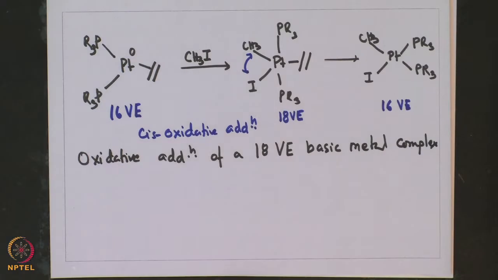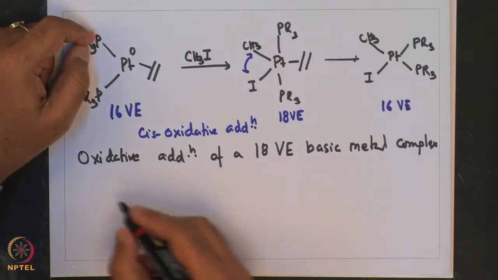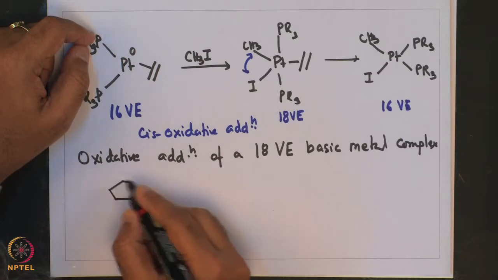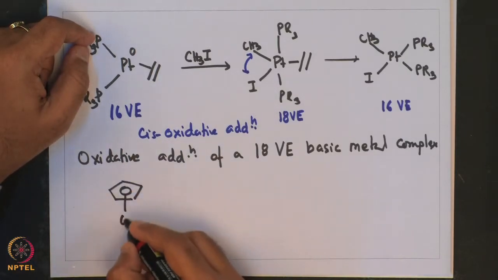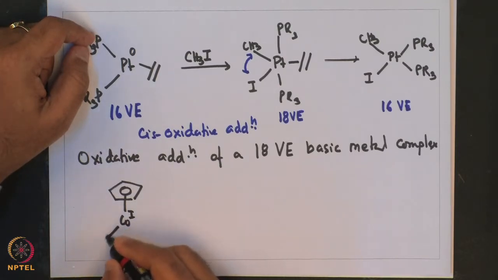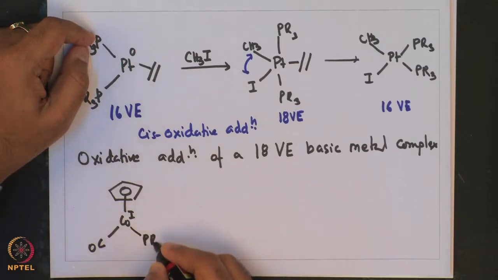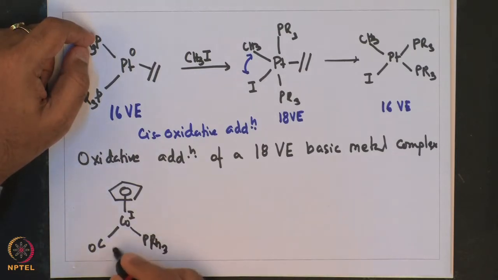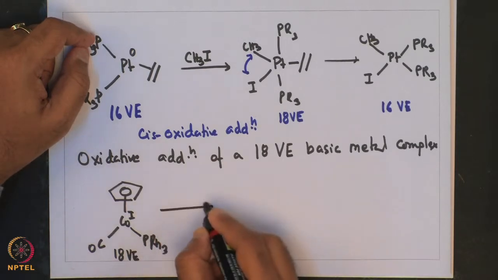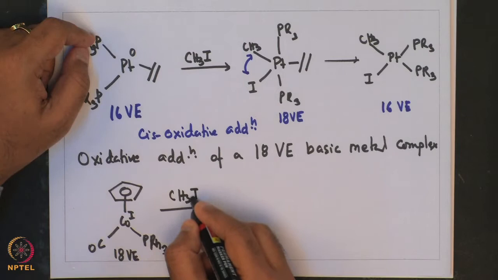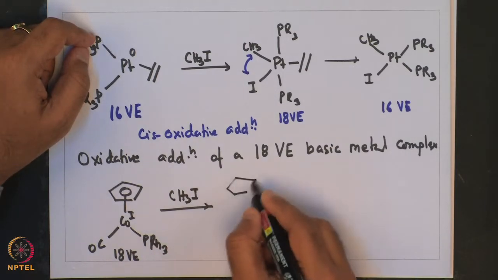The metal complex is electronically saturated in terms of having 18 valence electrons, but it should also be electron rich and basic for it to undergo oxidative addition reaction. For example, for the cobalt compound shown here, cobalt Cp carbonyl PPh3, which is an 18 valence electron compound, undergoes oxidative addition with methyl iodide, giving the compound